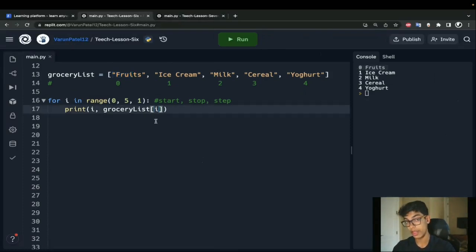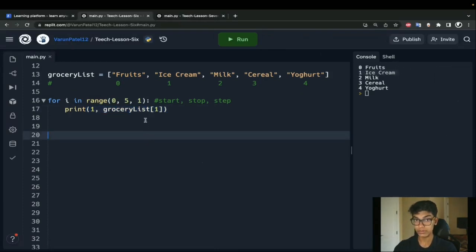Cool. And then our for loop runs the second time. And when it runs the second time, our i value is now equal to 1. So this print statement becomes this. You see that matches up with this right here, and it's our second time running. Now I'm telling Python, hey, go back to that grocery list and give me the item that has an index of 1.